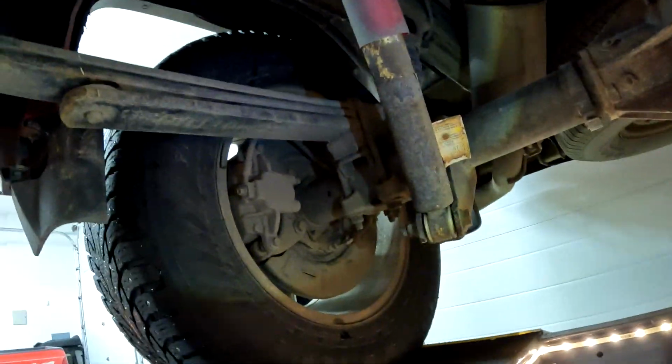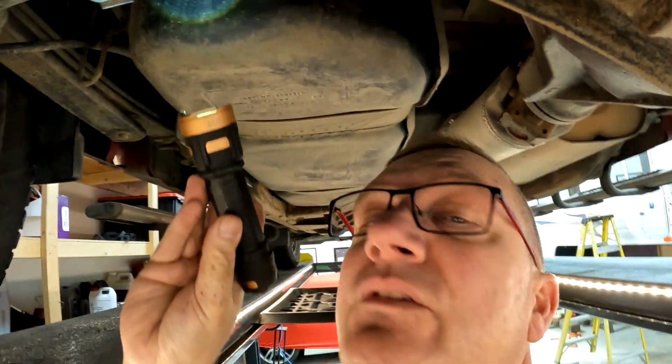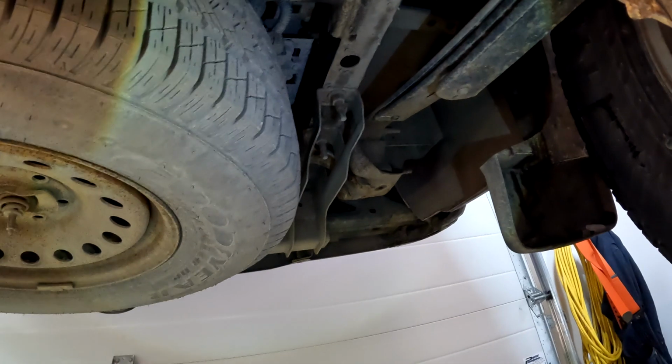Move my drip tray. But yeah, get yourself a lift, guys. You won't regret it. Won't regret it at all. Because you can do like me, you can use it for storing cars and working on them. You don't have to work on cars all the time, or leave them on here. But anyways,